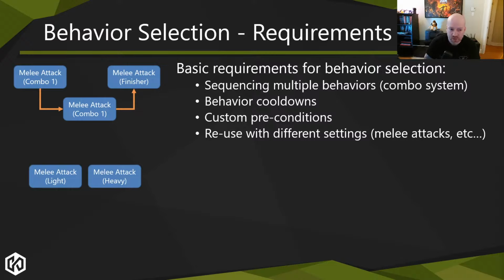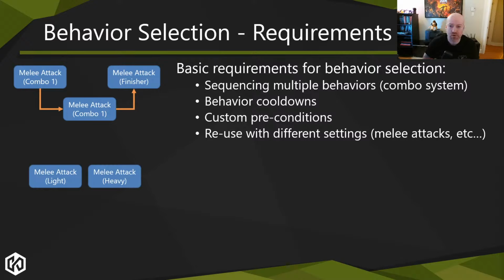You want to be able to support preconditions, including custom ones in very unique scenarios. You want the behavior to have preconditions, but you also want to be able to add additional ones based on the situation or certain specifications. And you also want to be able to reuse the same behavior in multiple places with different settings. That should be an easy thing to use, not having to create multiple configs and link them together. They want to just say, I want to click this behavior in this scenario and switch the settings to whatever I need in that case.